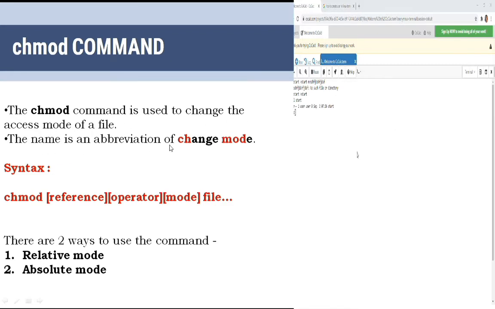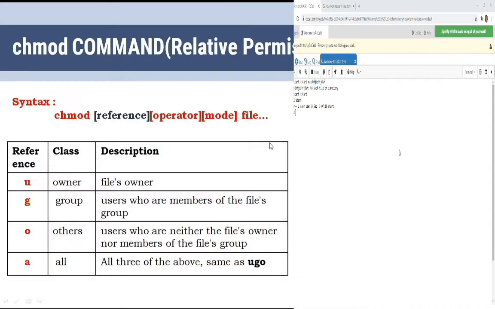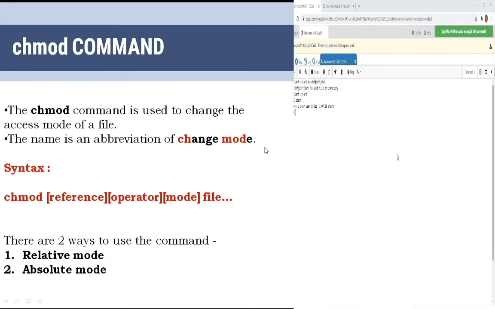The name is an abbreviation of change mode. The chmod command is used to set the permissions of one or more files for all three categories of users: the user, group and the others. It can be run only by the user owner and the super user.